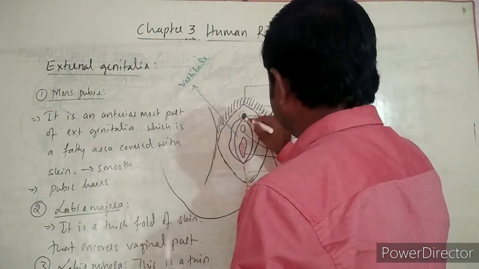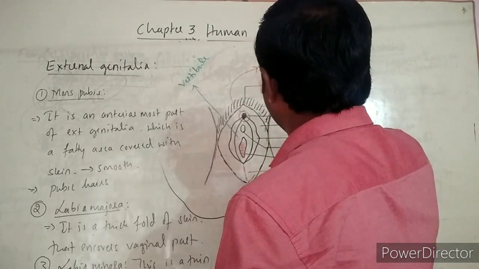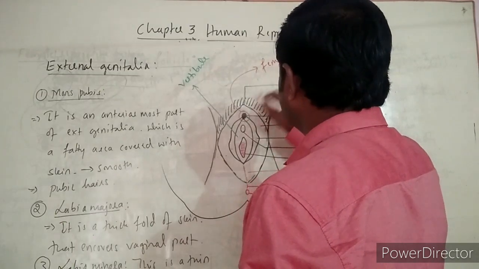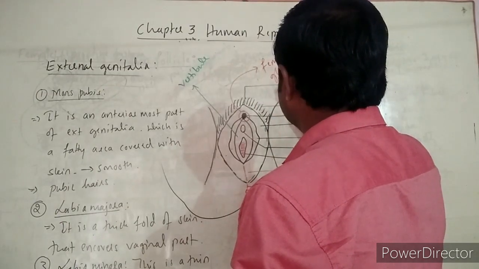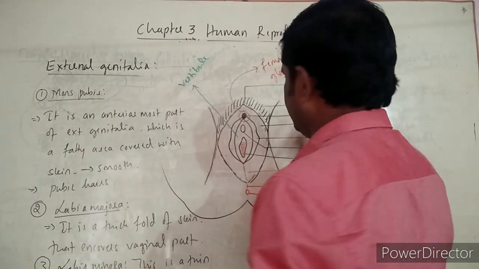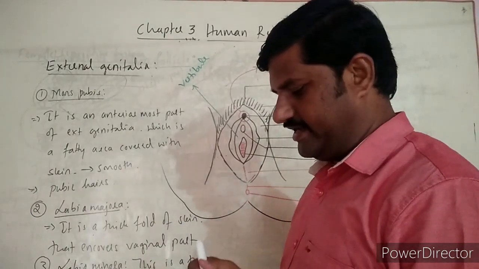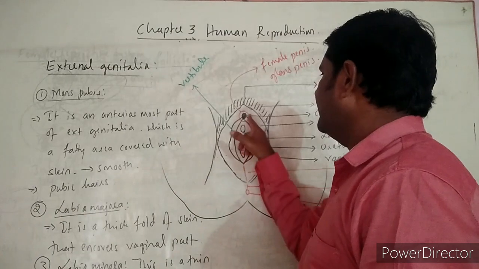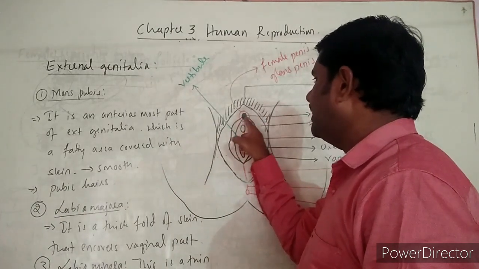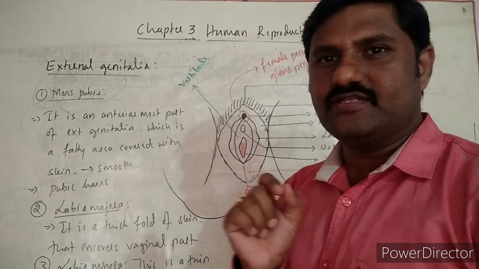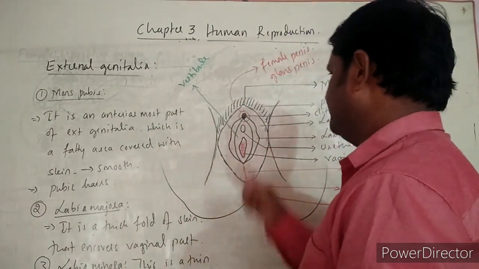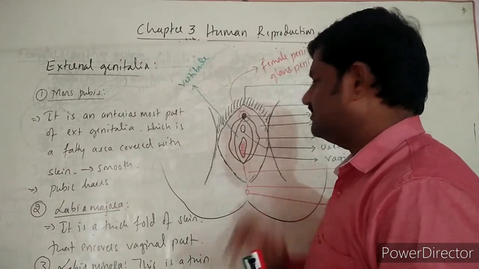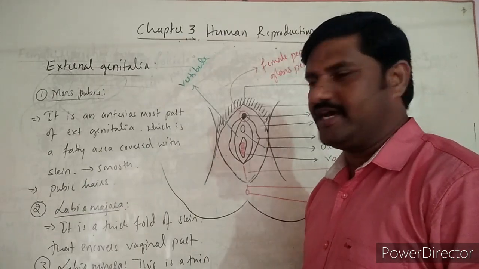And this clitoris itself is said to be the female penis. It is homologous to glans penis and it is an erectile tissue itself, right? So this is more important. It is lying on the anterior part of the labia minora. This is also one more point to be noted. And come to the vestibular region, right? Once again you come to the vestibular region.